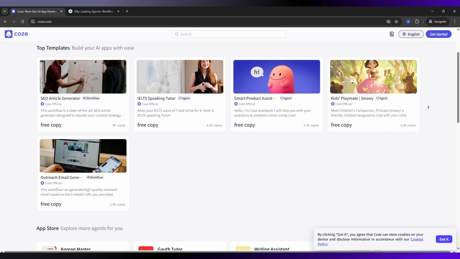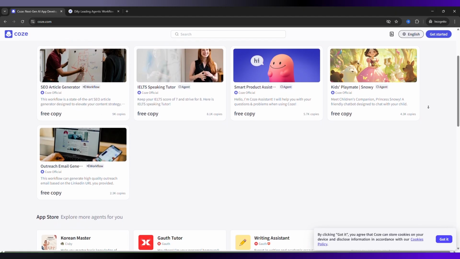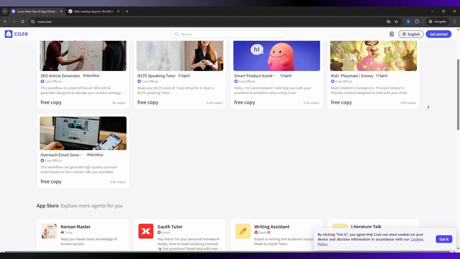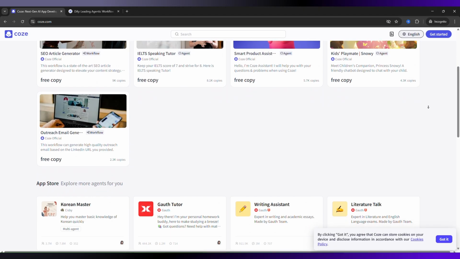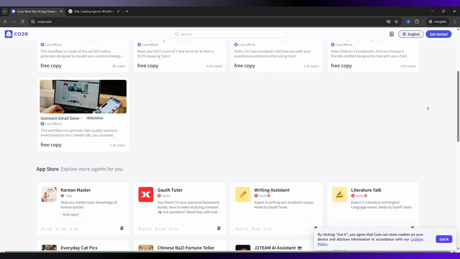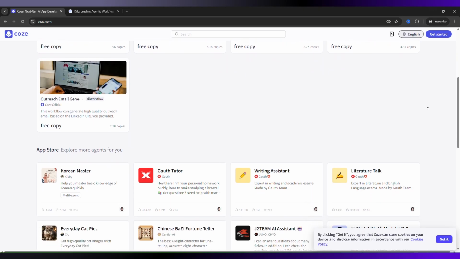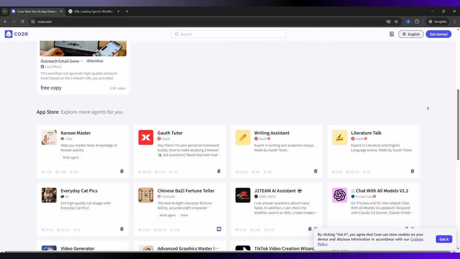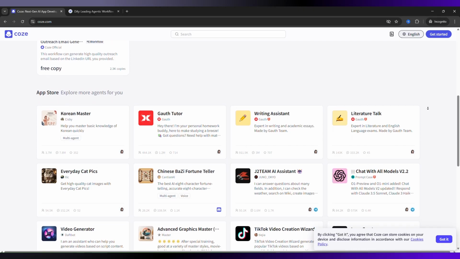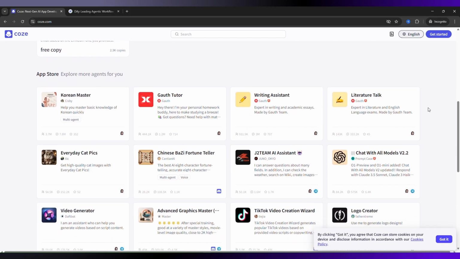It gives you a visual workflow builder, plugins, memory, and multi-agent tools, all wrapped in a very beginner-friendly interface. You can build chatbots, assistants, and AI workflows without writing much code. But here's the catch. It's more opinionated. Customization and self-hosting options are more limited compared to developer-focused platforms.